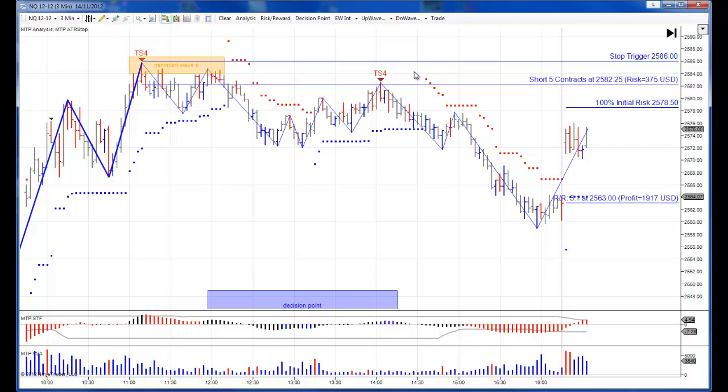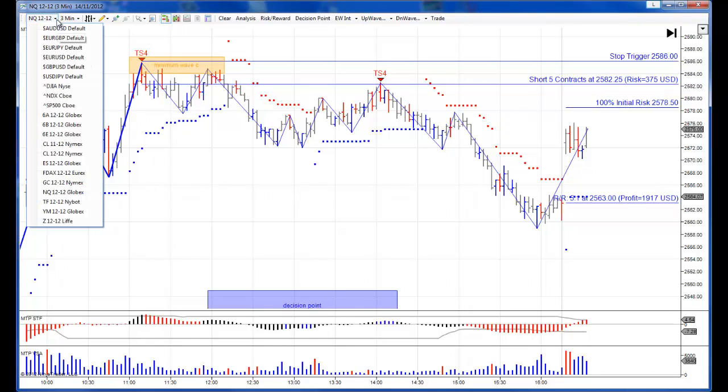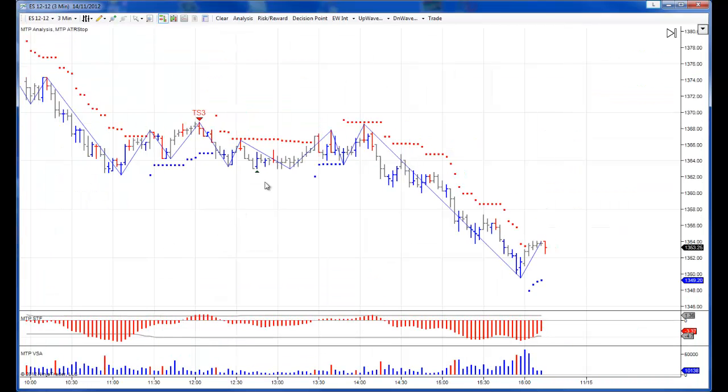It also allowed you to have a pyramid opportunity here as another TS4 sell setup arrived as well, so you could have pyramided to add additional profits down into that low there. So this is the nature of trading, basically, where we had Tuesday, which was a very good day, where on the NQ we had a couple of very good sell setups, including the very high of the day. However, yesterday, which was Wednesday the 14th, it was not quite so good,